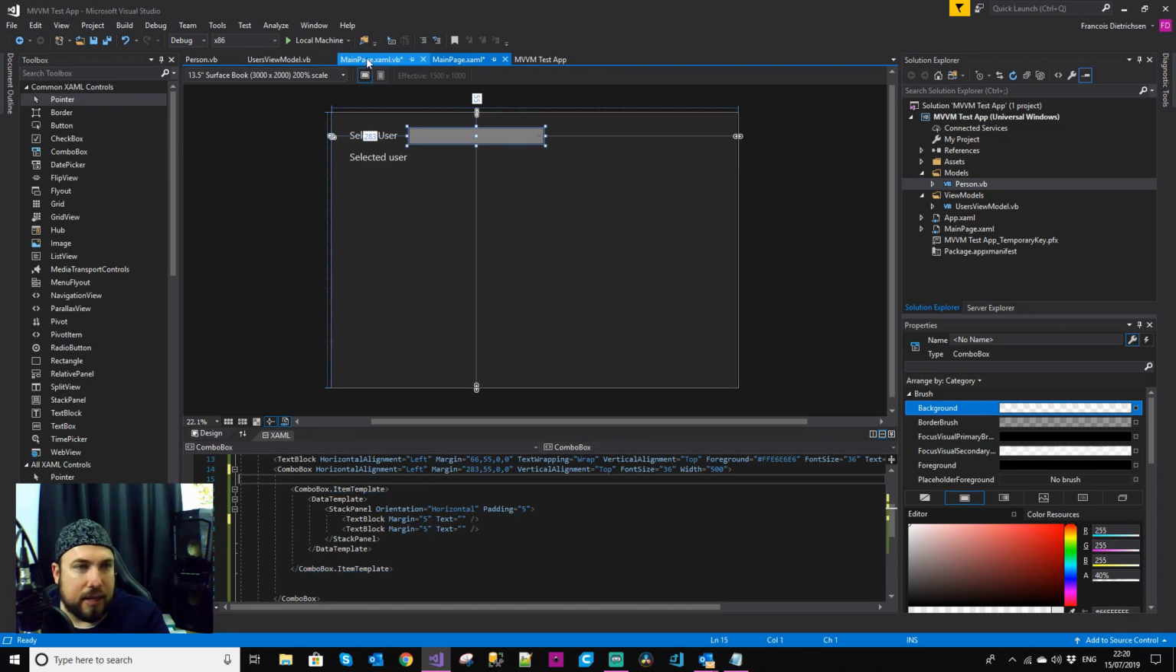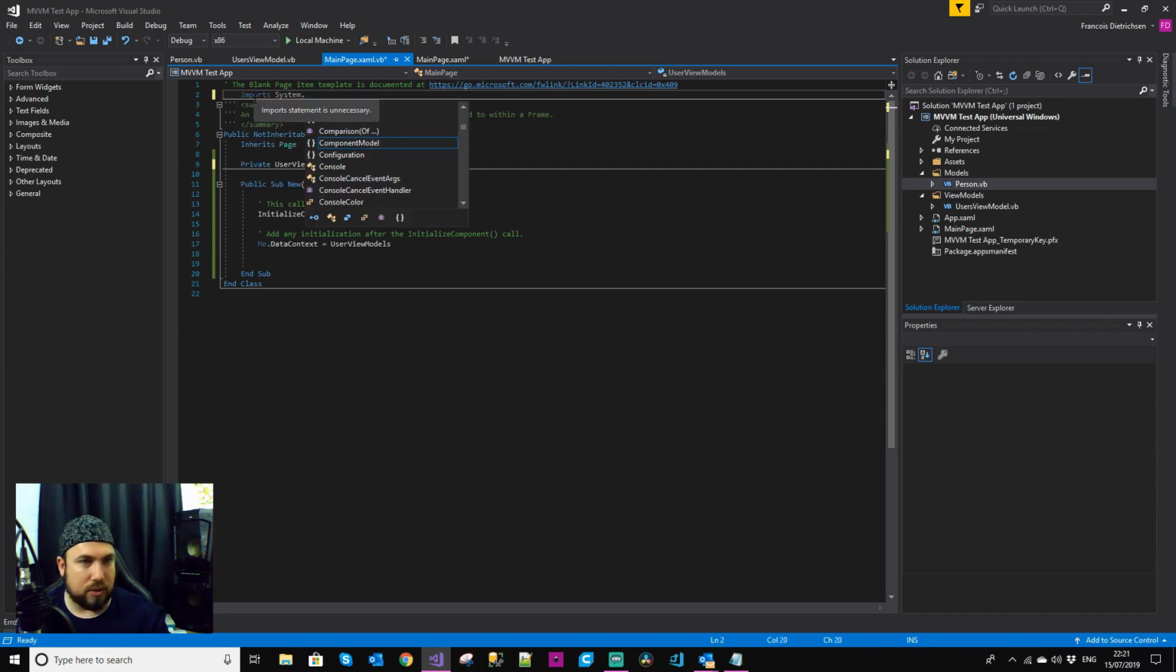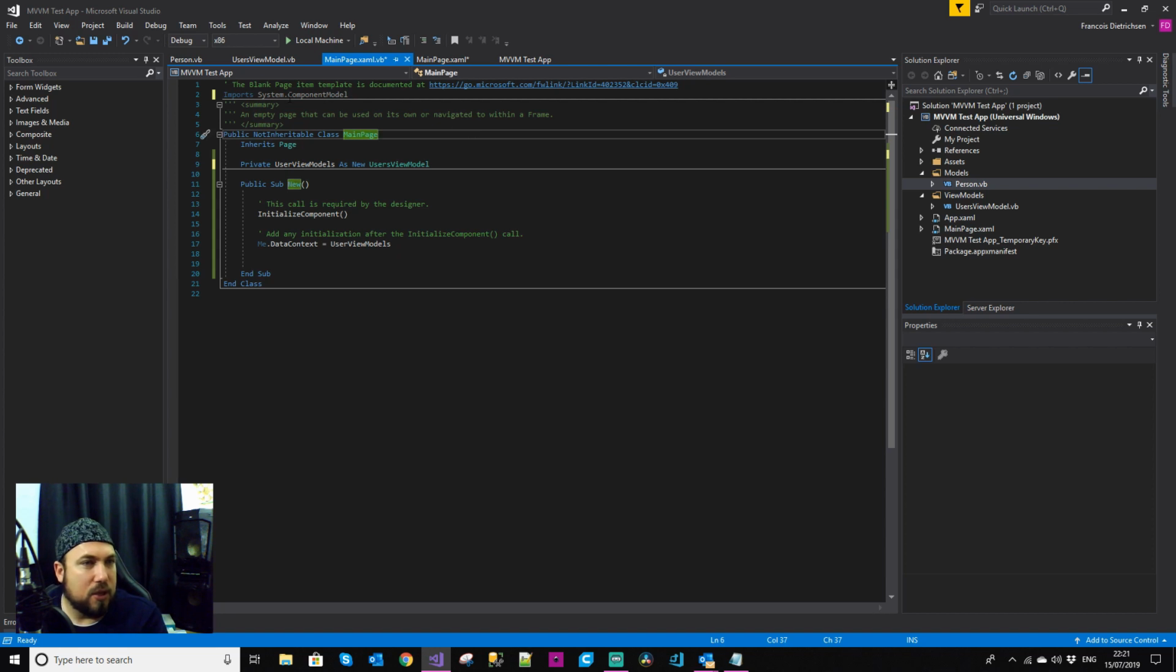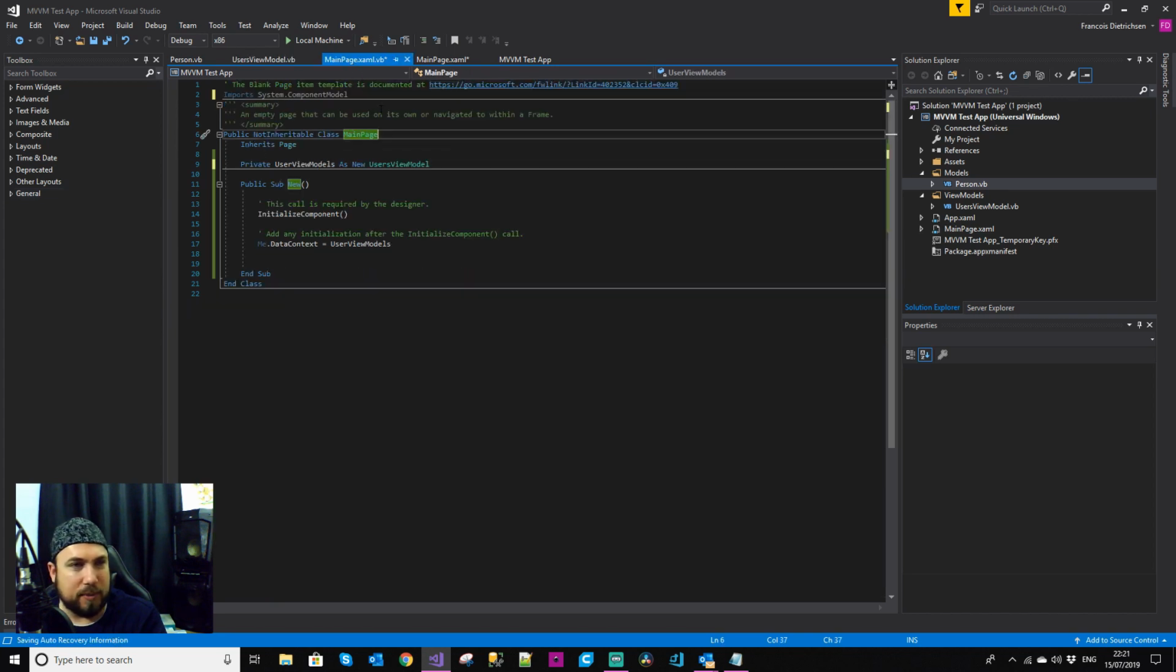there are a couple of things we need to do. We need to import the System.ComponentModel, just like we did within our user view. And the reason is because we want them all to talk to each other. Okay, and the user view, I'm just going to make it shared,